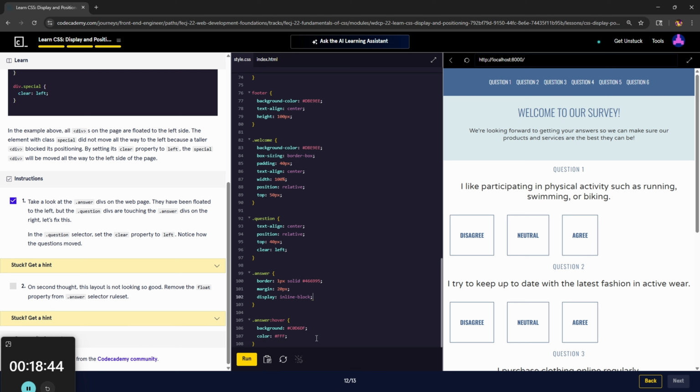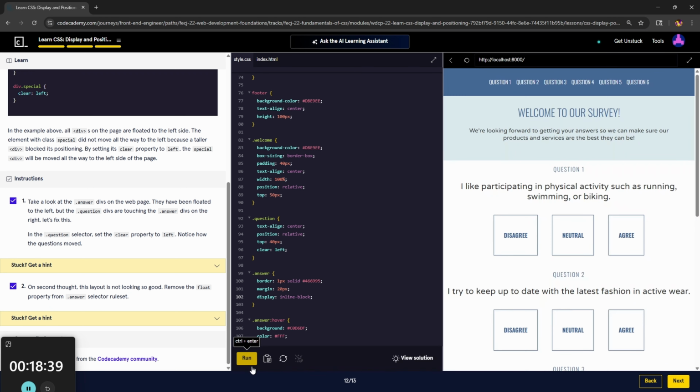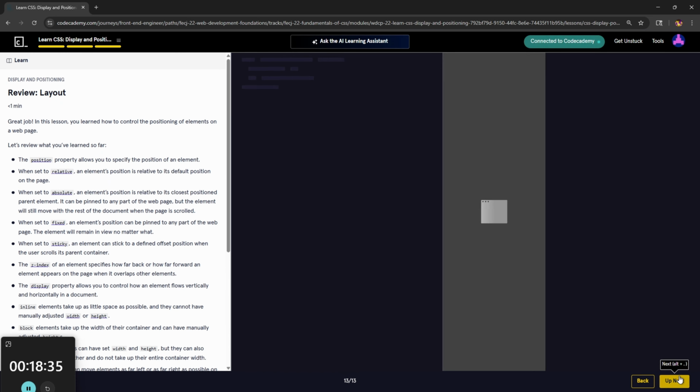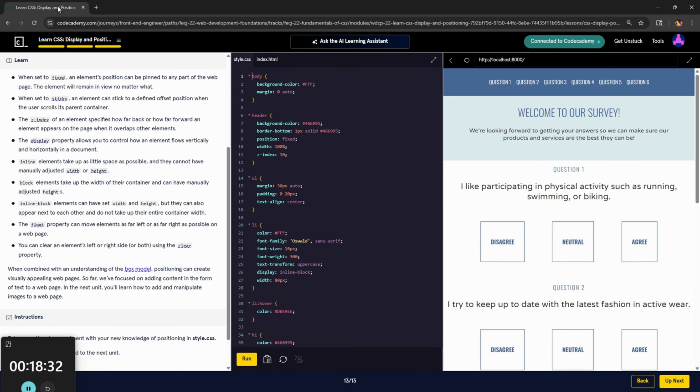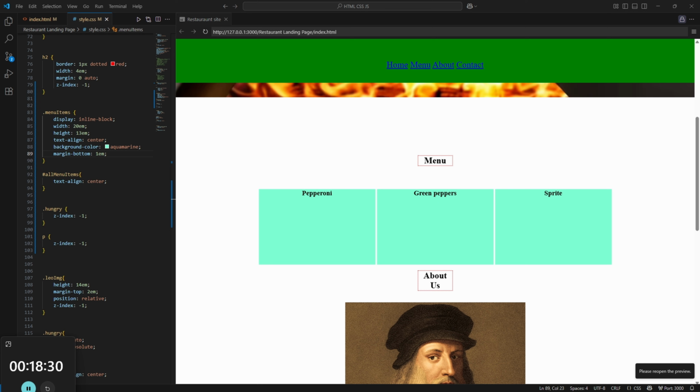So they were all floating to the left. Okay. All right, so that's layout. Cool. Let's come here. So you know what? That's it with positioning. Now we can move on to